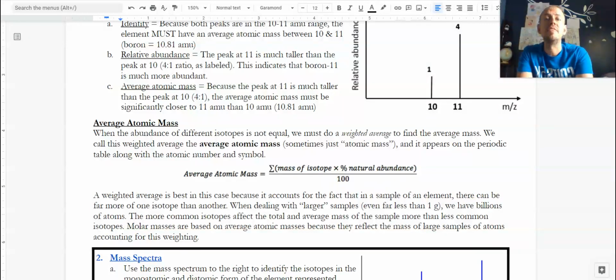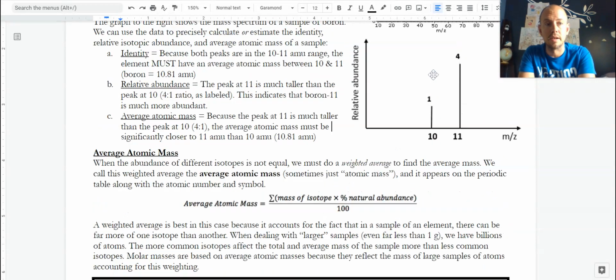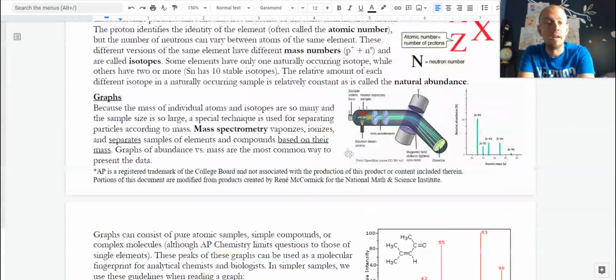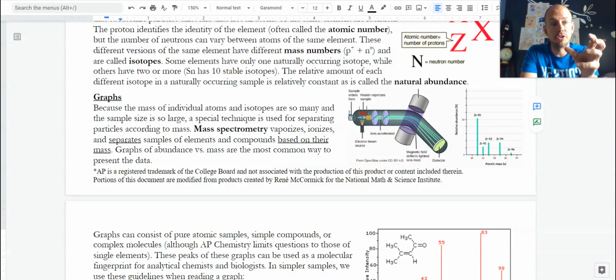More important than that, though, the average atomic mass gives us a picture of maybe what is the most common isotope or which isotopes are more common than others. With boron and 2 isotopes, it's fairly simple to see which one's more and less abundant. With a more complex sample, still a single element, zirconium, we've got a whole mix of isotopes that comes out to an average of 91.2. Many of the isotopes are lighter in the 90 to 92 range, but we do have some heavier ones. And with the weighted average, accounting for the weight of all 5 occurring isotopes, but also their abundance, we get